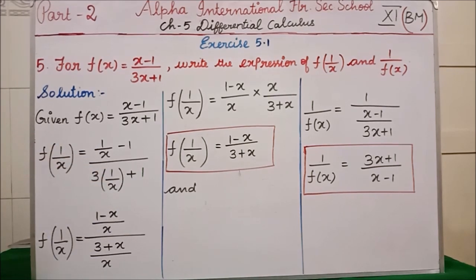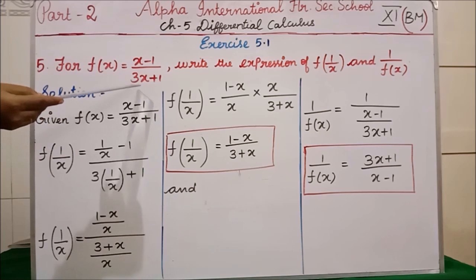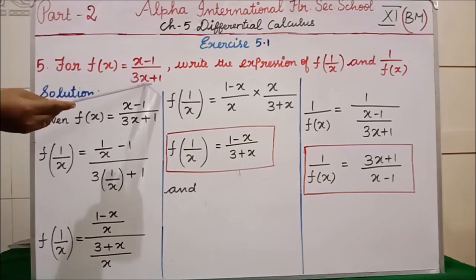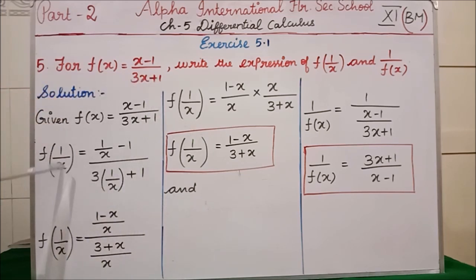Clear? See, here I am having x, so I have written 1 by x, minus 1 divided by 3x I am having. Instead of x, what do I have to write now? Because I am having f of 1 by x, so I am writing 1 by x plus 1. See, for this I am having numerator and denominator. For this I am having only numerator, which means the denominator part is what? 1. You have to consider the denominator part is 1. So, you will write now 1.